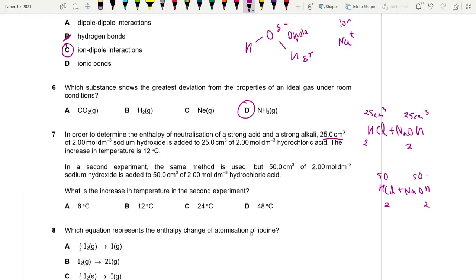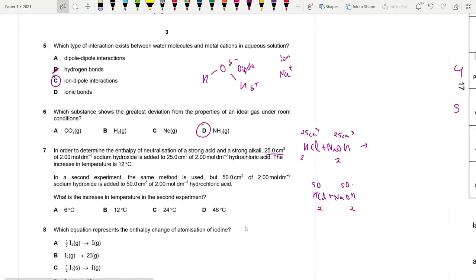More moles of water will be formed. For example, before, we'd get NaCl plus H2O. Now we're still going to get NaCl plus H2O, but beforehand we would be getting 25 by 1000 into 2, so 0.05 mole of H2O. But now we're going to get double, which is 0.1 moles of H2O. So the heat actually depends on the number of moles of water produced. Since the number of moles of water produced has doubled,